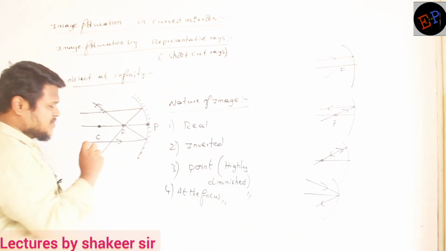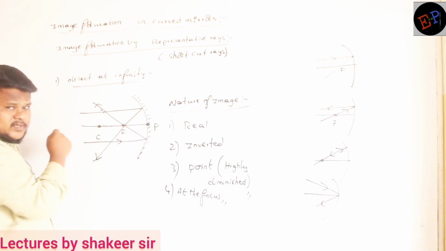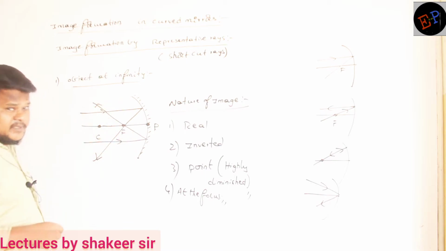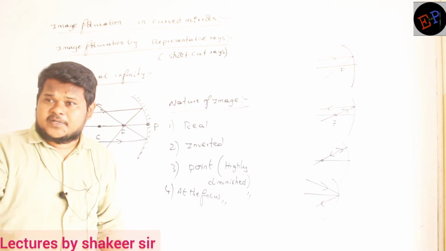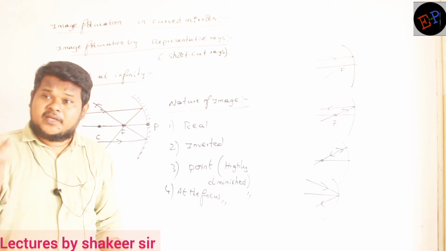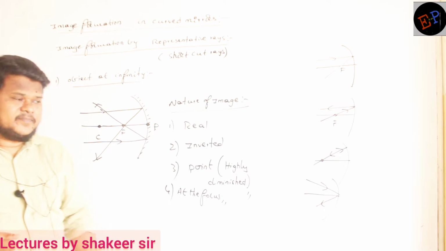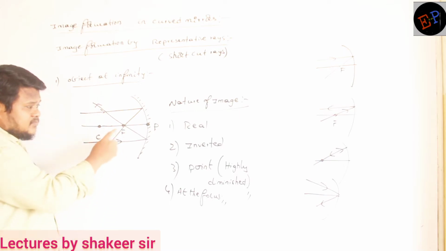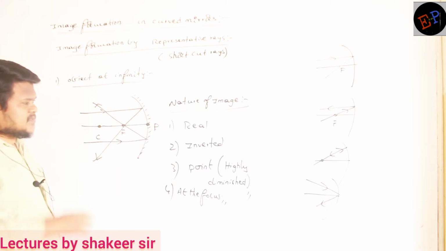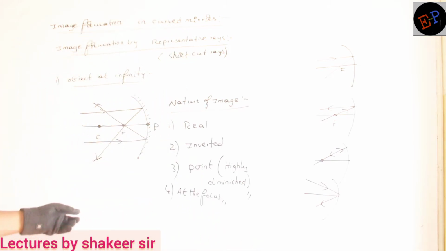So here also the same concept is happening. All the light rays passing parallel to the principal axis will fall at the focus. So here if you keep a piece of paper, then the image of the sun will be formed on the paper. And what will be the shape and size of the image? A point image, no, a very small image. So a highly diminished image, but it will be an inverted image. If the sun is like this, the image will be like this. Are you able to understand, ma? And the paper will start burning also, if the sunlight is quite good. Fine, ma? So these are the properties of the image when the object is present at a large distance. Okay. Now let us see, completed, trying this one.